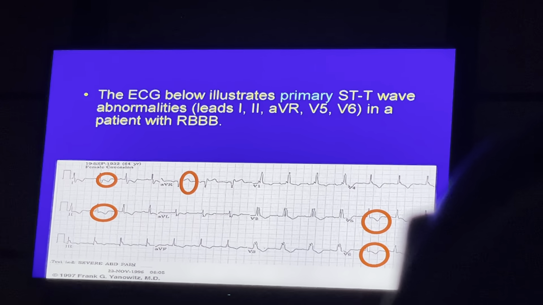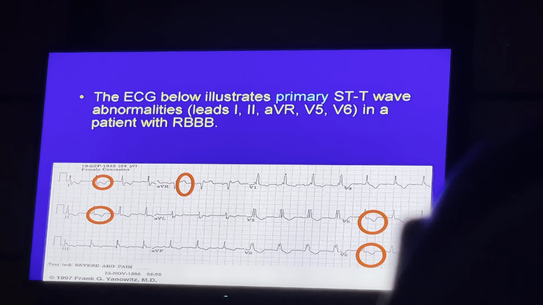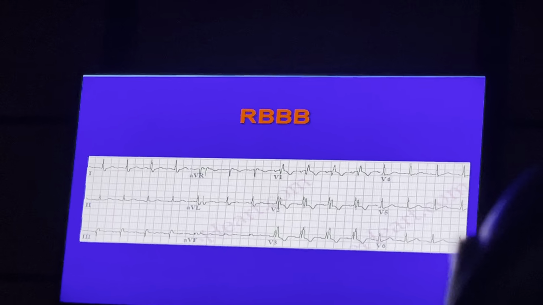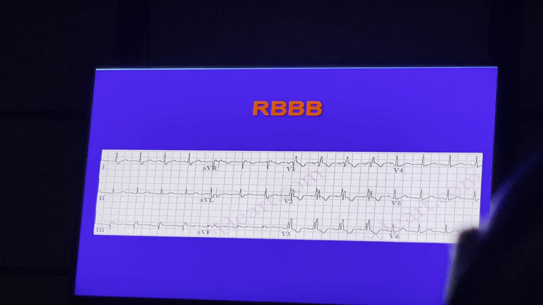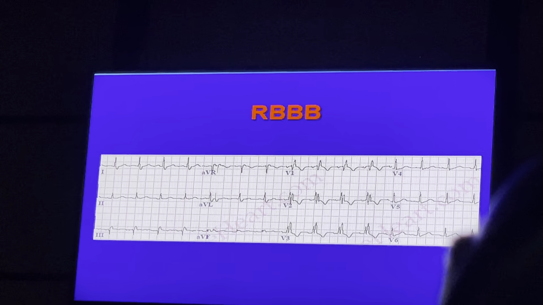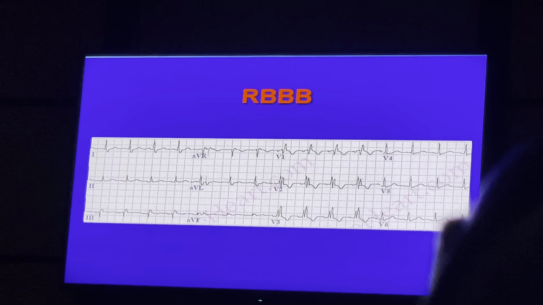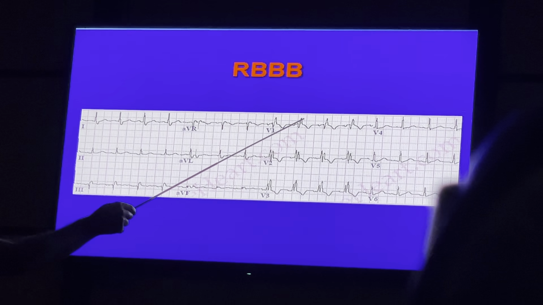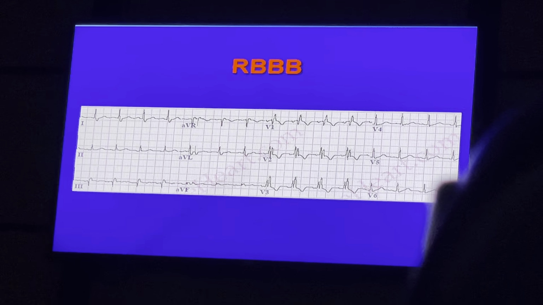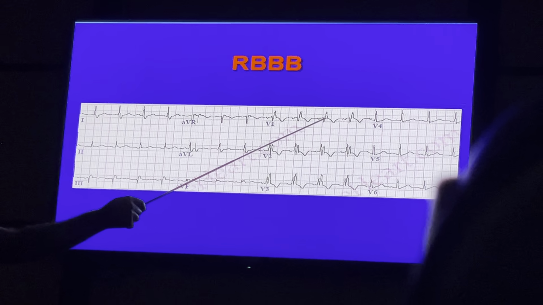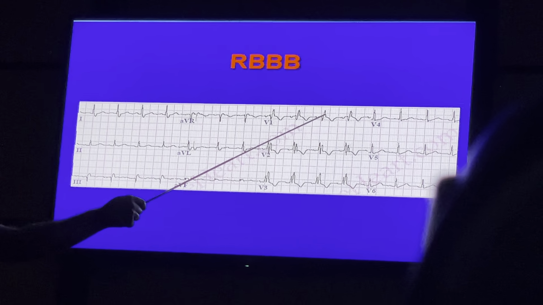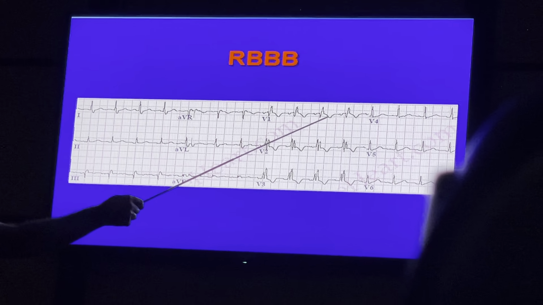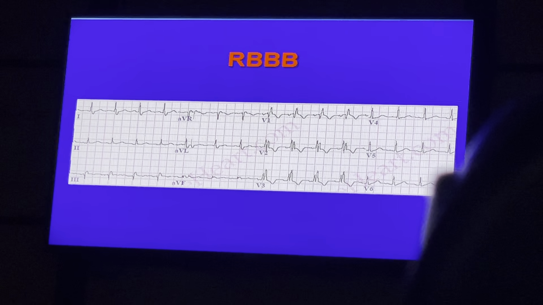Next, so what is this? Just go to the previous one. Whenever there is right bundle branch block, there are some ST segment and T wave changes which can occur with normal right bundle branch block without ischemia. The mechanism is, where is the dominant wave? T wave is in the opposite direction to that wave. Here the dominant wave is the distal, terminal wave. Terminal wave is R. So the ST segment is opposite in direction to R.